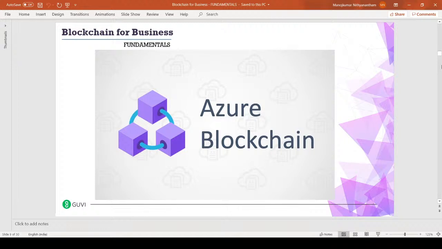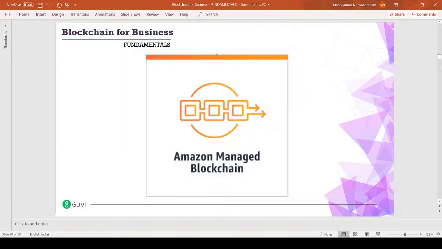Microsoft is also a key player when it comes to the blockchain paradigm, where they are offering a cloud environment for developing blockchain solutions. Amazon Managed Blockchain is another offering from Amazon Web Services, where they offer a bouquet of services where you only have to do a plug and play type of thing to create your